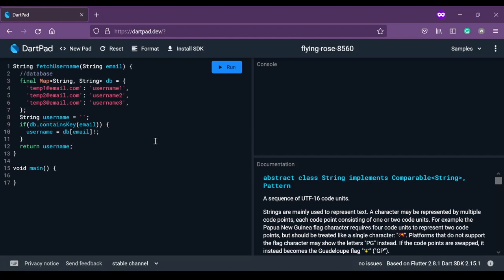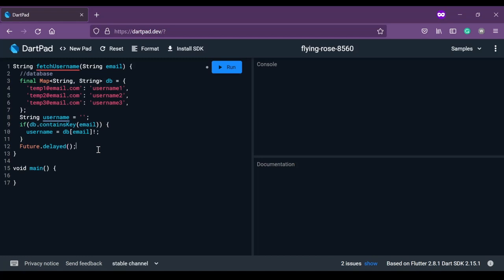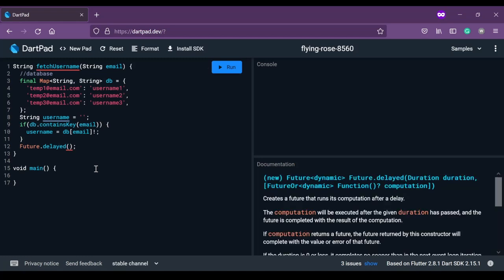But hang on a second, this cannot be true, because when we are working with real-time applications, the database will not return a value instantaneously. It will return the value after some amount of time. We can simulate that delay by using the delayed method of the Future class, which takes in two arguments. The first argument of the